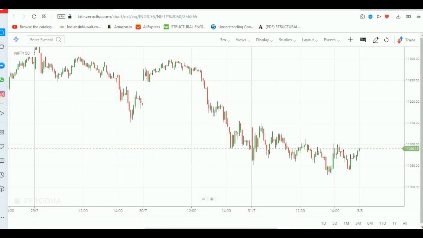Hey, this is Ram, and today I came up with the technical indicator called ADX, meaning Average Directional Movement